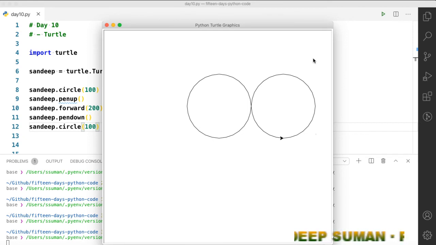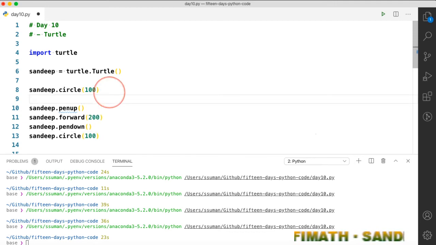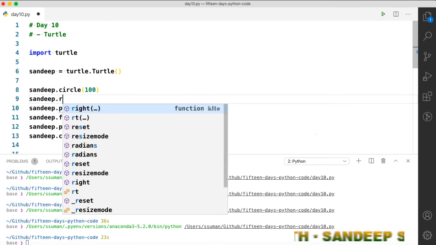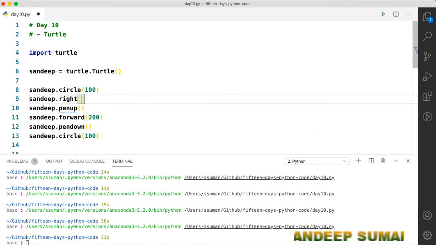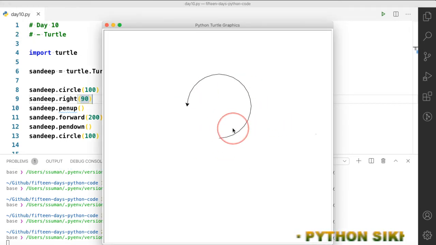Suppose you want to skip something in your path, then you can skip it using this command. Suppose you want to create a circle at the bottom, then you first have to rotate right by 90 degrees. So you can do Sandeep.right 90 degrees, and now you will get the second circle at the bottom of this.